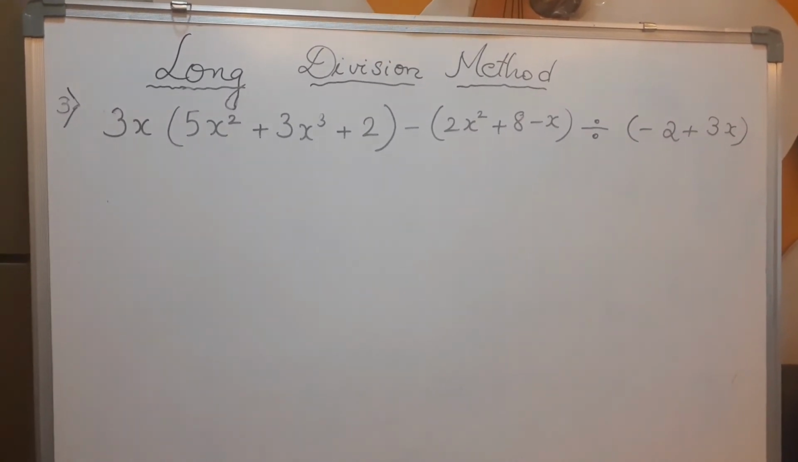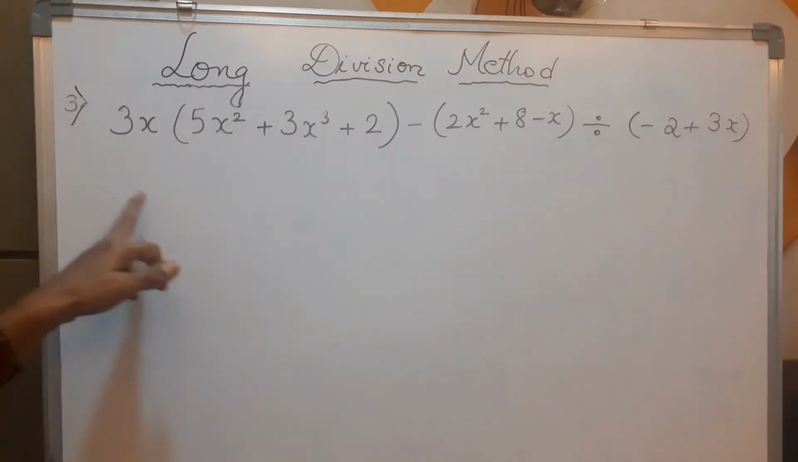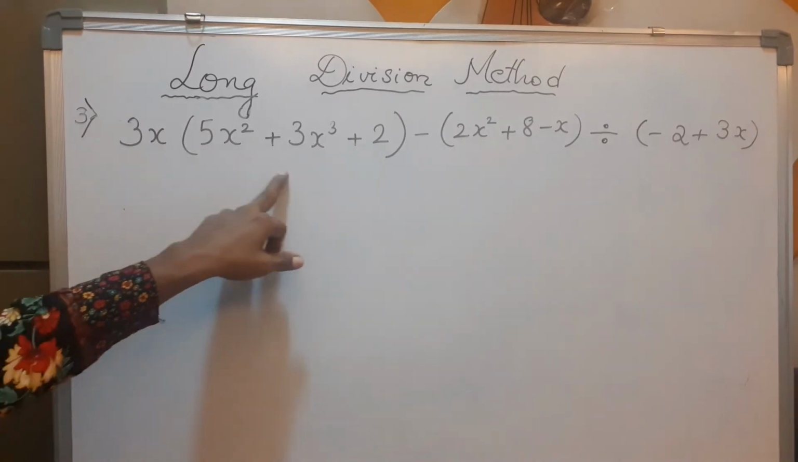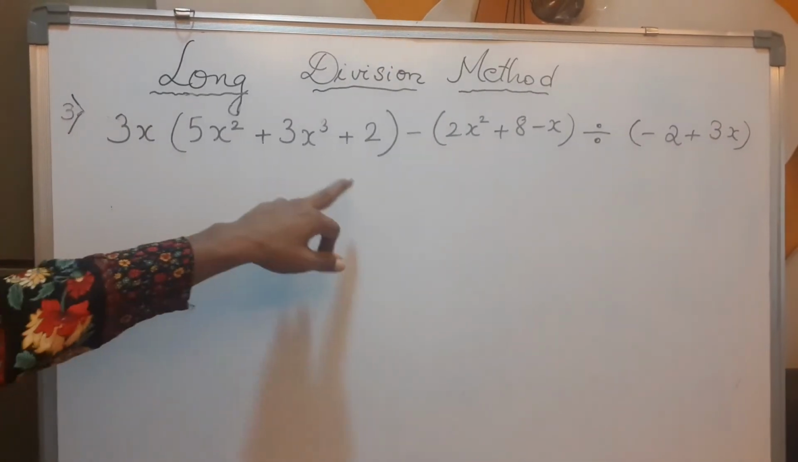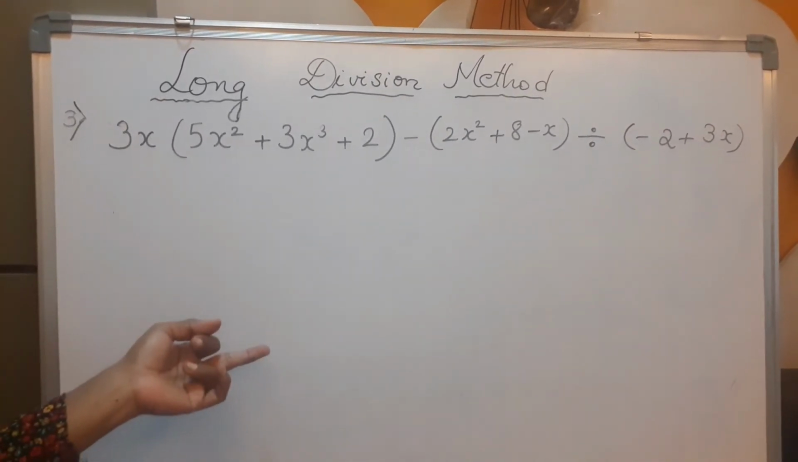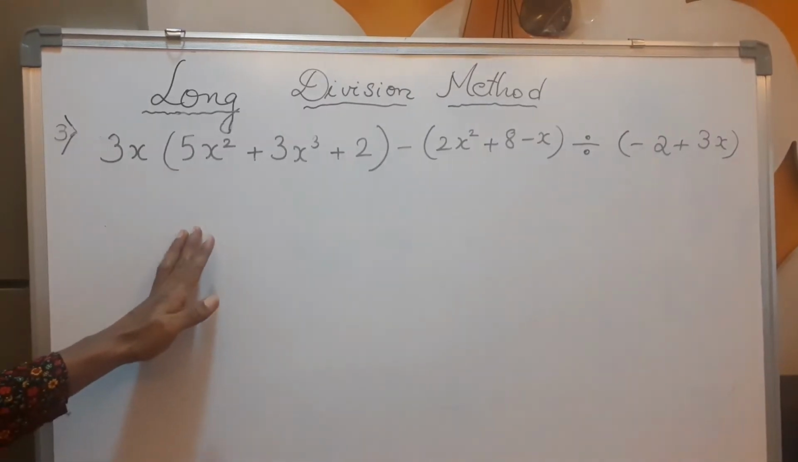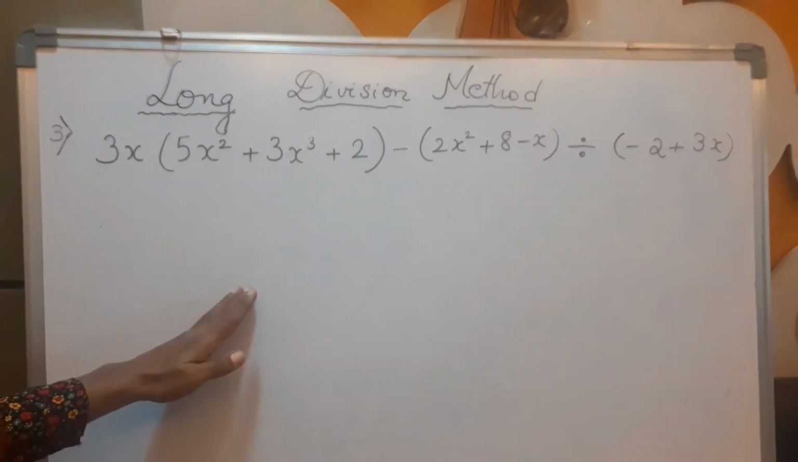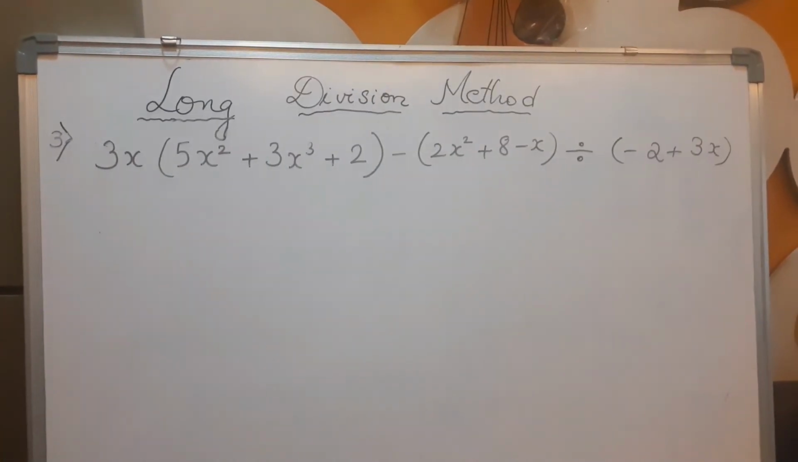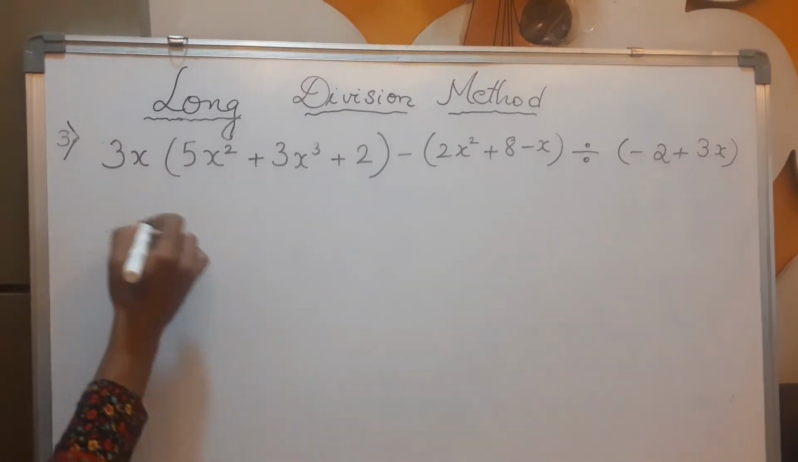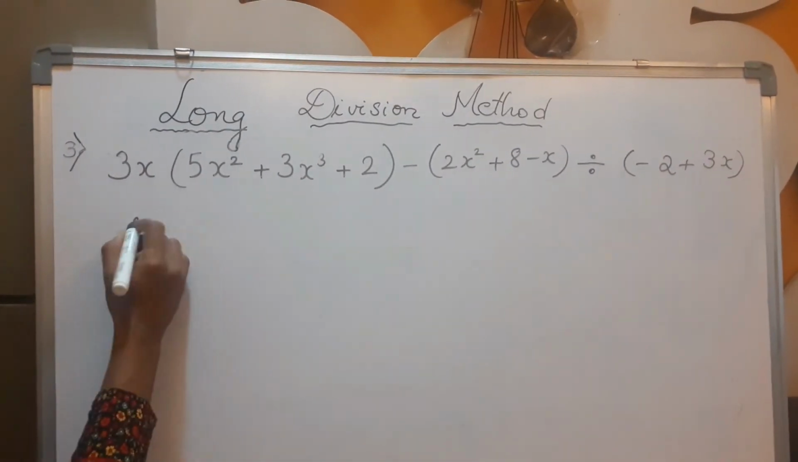Now as you can see in this problem, the dividend part of the algebraic expression is not simplified. You have to put it in the simplified form first and only then proceed with the actual division. Alright. So first we simplify this part of the dividend and then you put it in the standard format and only then proceed to the division. Alright. So let us simplify it first. So this becomes 3x into 5x square is